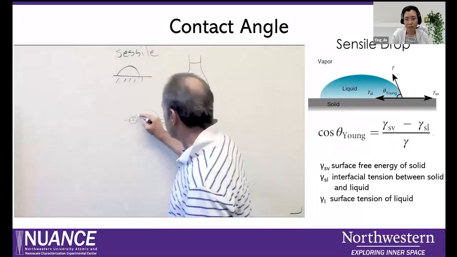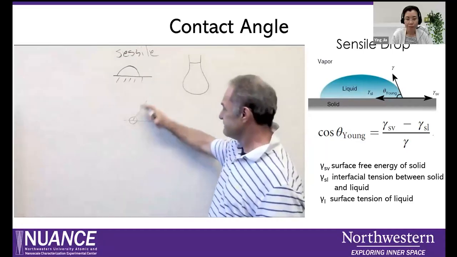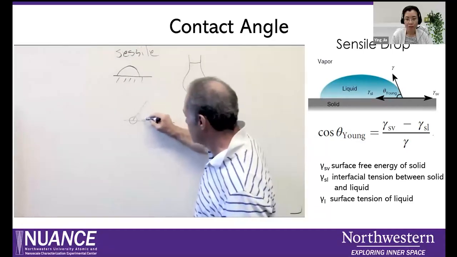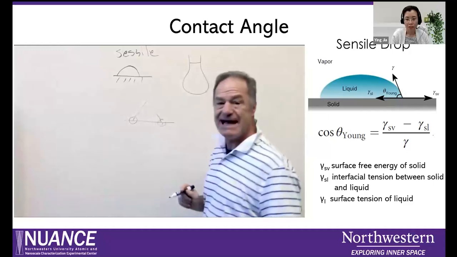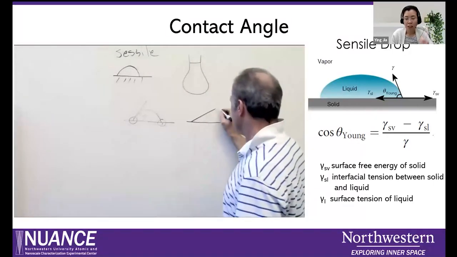And then we can construct a tangent to that droplet as it emanates from the surface, and we can measure an angle, and that's the contact angle. Now this contact angle that we can measure,